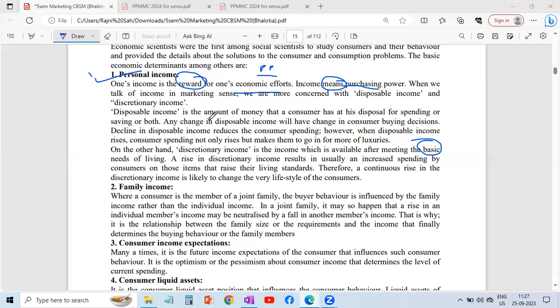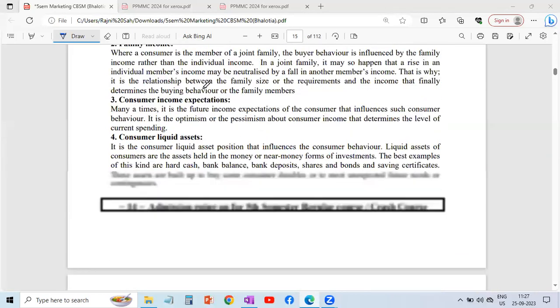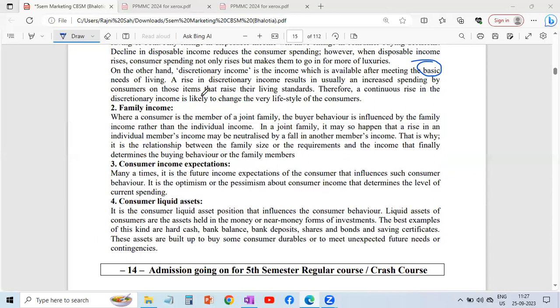Okay, now moving to family income. With this word family income, we understand that it is all about an umbrella. People all as a whole are buying, or like suppose you people have grown up and you all are earning along with your parents. So in that case, all three of you are earning members. So when a consumer is a member of a joint family, the buying behavior is influenced by the family income rather than the individual. Suppose if a person has a well-to-do family, then in that case, all of them together might invest for a good house, or might invest for a good trip, or might invest for a good pet,